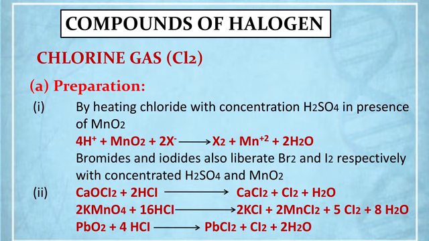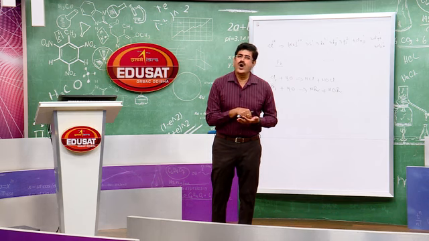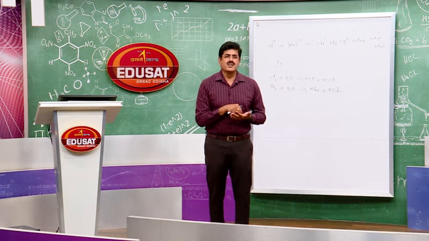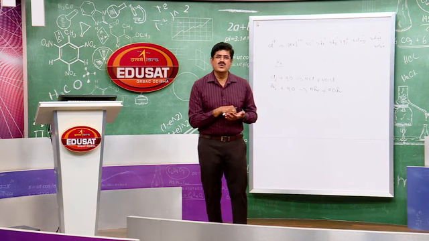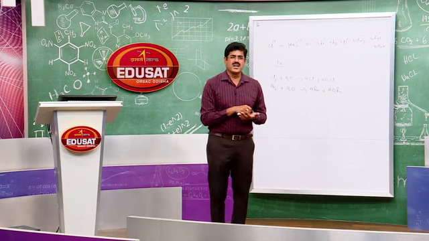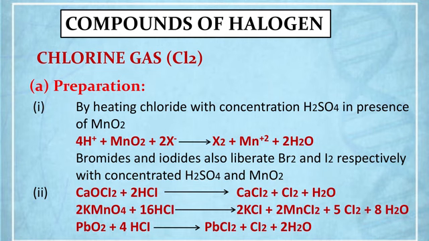You must have taken a chloride salt in a clean and dry test tube, then added concentrated sulfuric acid, followed by a black powder, MnO2. For example, I am taking sodium chloride in a clean and dry test tube, adding concentrated H2SO4 to it, then adding MnO2. Which gas is liberated on heating? The gas that evolves is greenish yellow in color. The gas is chlorine. How is it possible? The reaction is displayed on the screen.